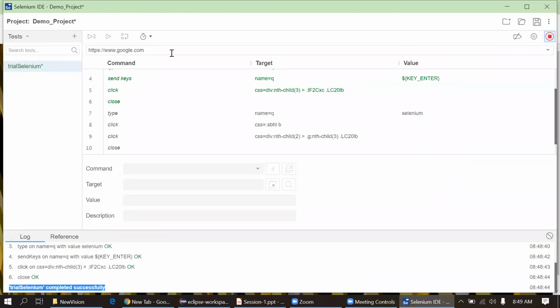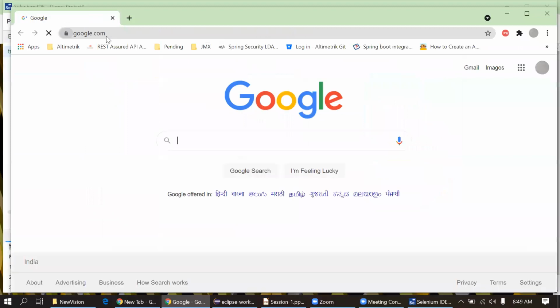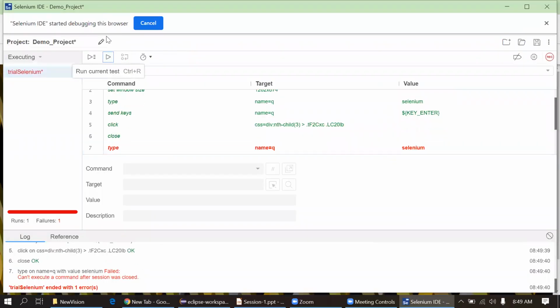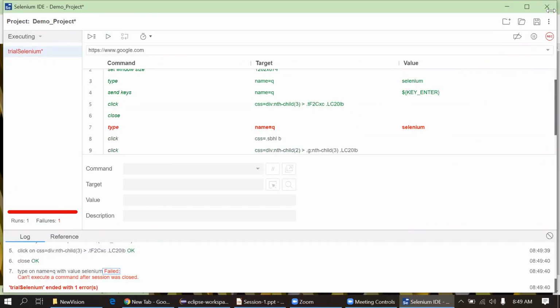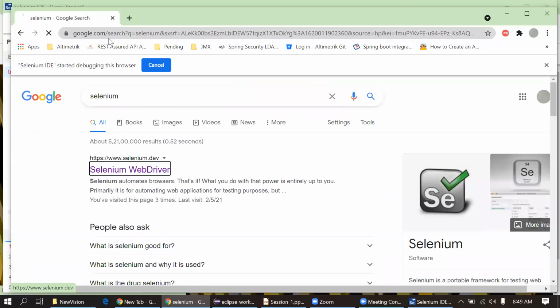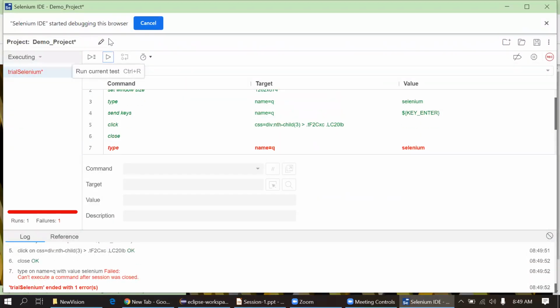Okay, I will stop recording first, and now I can execute this script again. Let me play it again. Yeah, it is not able to select Selenium architecture in the suggestion box.